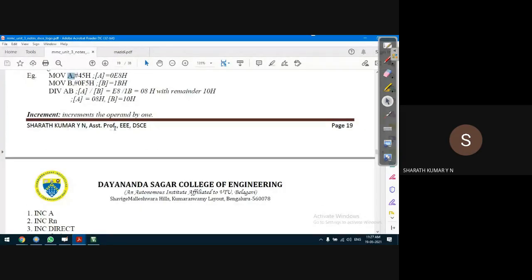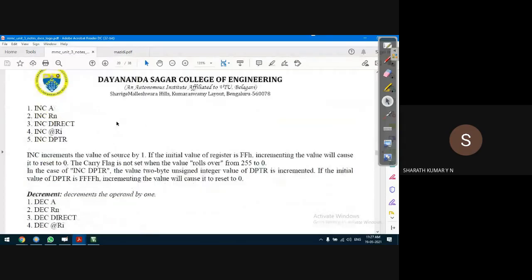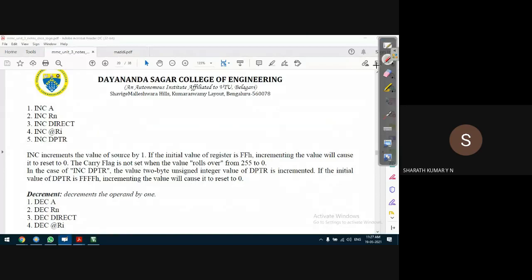There are other arithmetic operations like the increment operation. INC is for increment. We can increment the content of a register, accumulator or B register. We can increment general purpose registers R0 to R7.